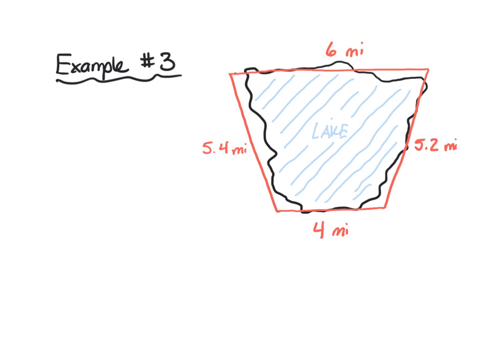Okay, and because it has the general shape of a trapezoid, we can go ahead and discover some information about this lake. Okay, that's very important for us to understand, that we can use what we know about trapezoids to estimate. So that's going to be the key, is we are going to estimate